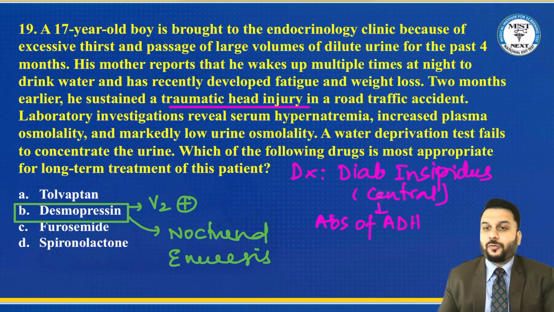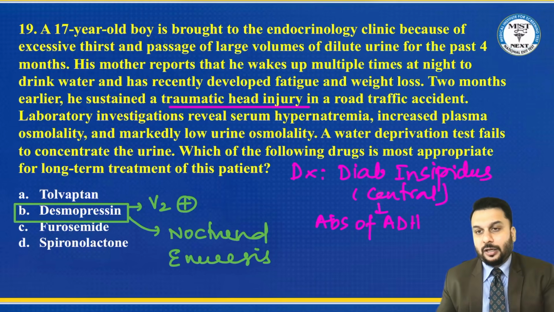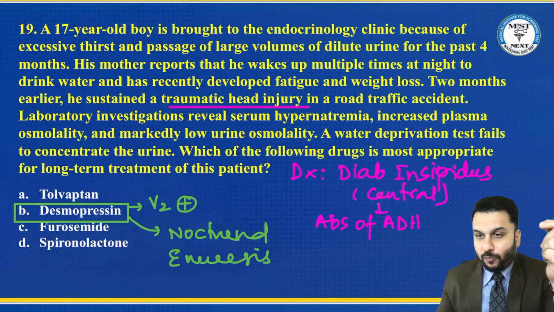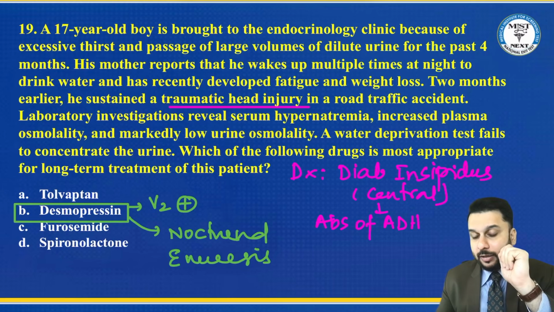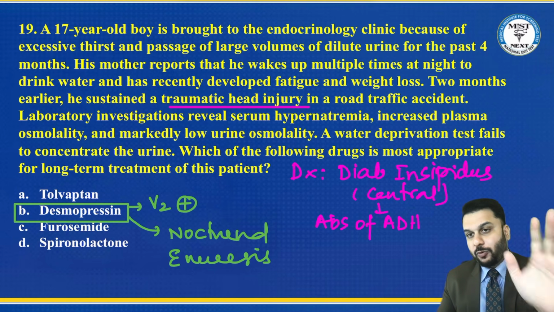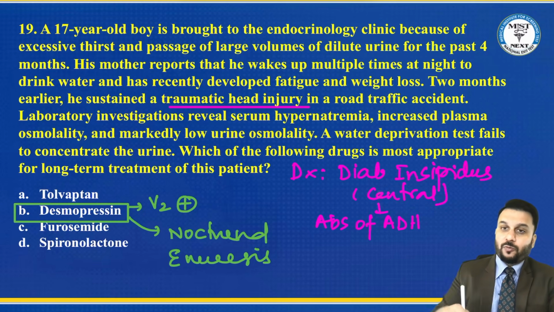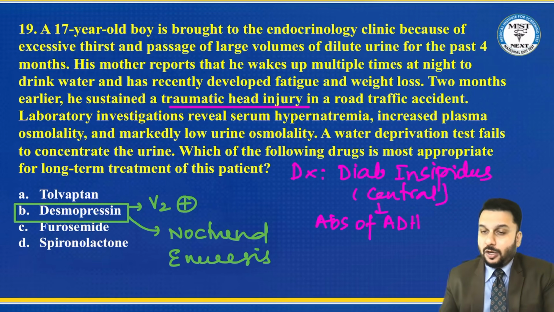But I'm sure you know from different subjects that for the nocturnal enuresis patient, the best thing to do is called bed alarms, right? The best treatment for this patient will be bed alarms. And you must keep in mind that if they ask you a drug that is supposed to be given, then desmopressin is the drug of choice. So desmopressin is drug of choice for two things. One is central DI and the second is nocturnal enuresis.